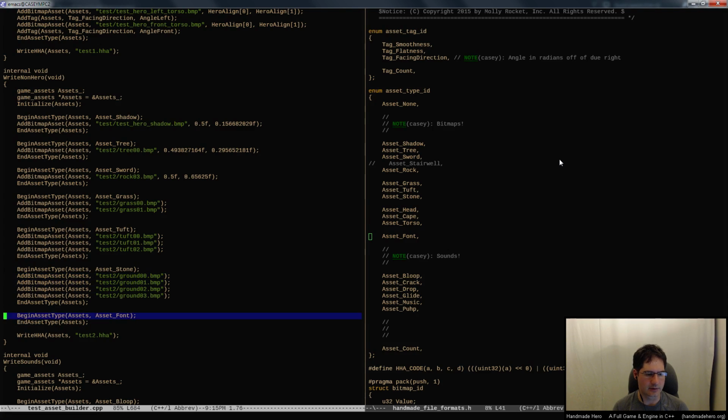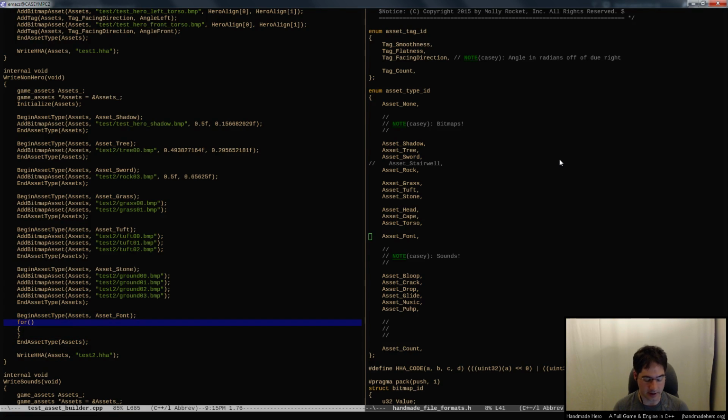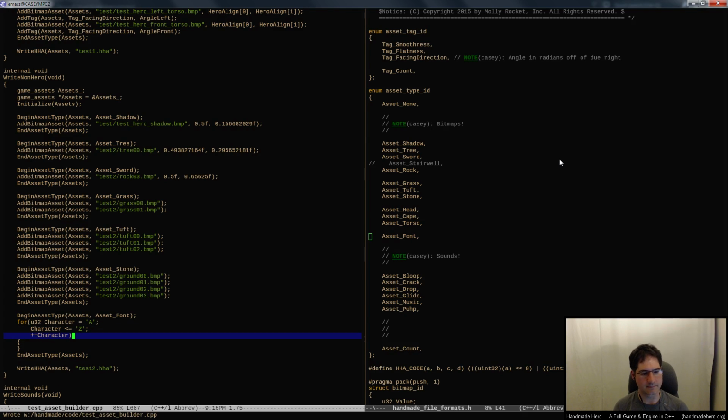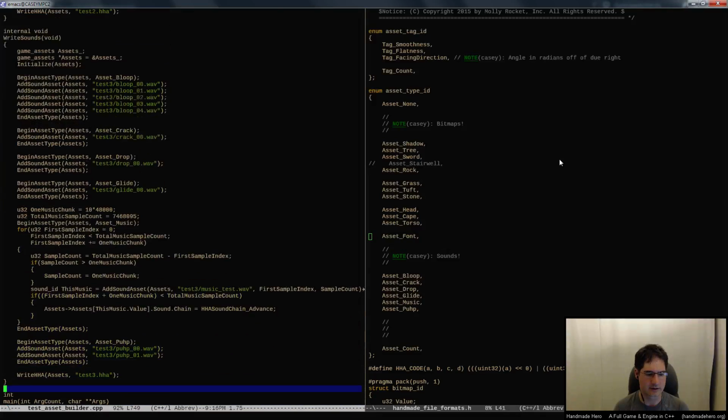And then we'll just do a for I loop here, right? Where we go over a bunch of characters. So what character are we going to do? I don't know. Let's go ahead and do for char character, or I could even do a U32 character equals A. Character is less than or equal to Z. Maybe I'll do capitals, because let's just do capitals, right? And we'll just have it create all of the letters from A to Z